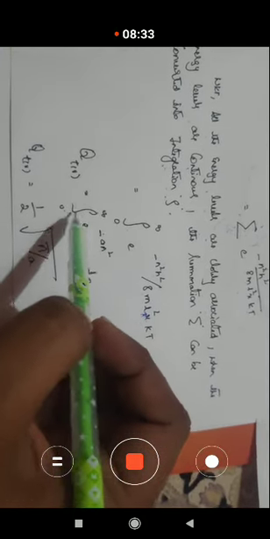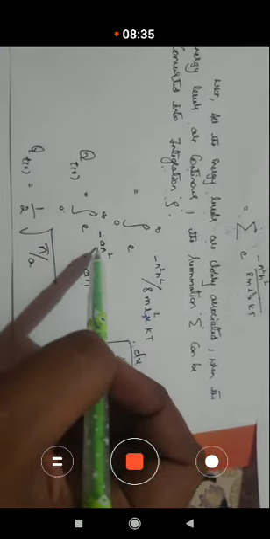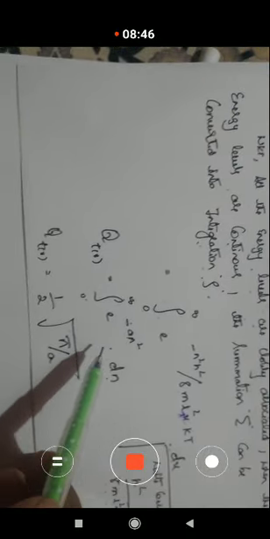In mathematics, the integral from 0 to infinity of e to the power of minus a x square is nothing but half into root of pi by a. You want to remember that formula. In the same way, if you integrate this one, it is 1 by 2 into root of pi by a.